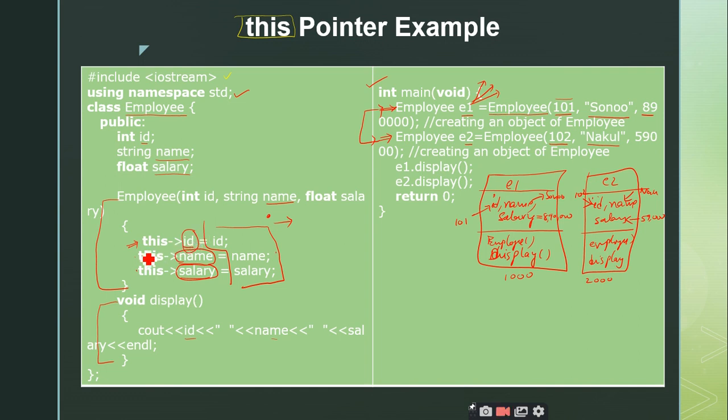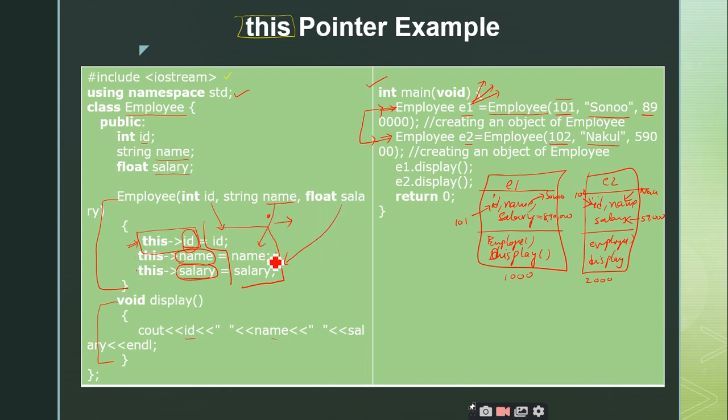So by using the this pointer, which refers to the current object, and the arrow member access operator, I am telling the compiler to treat the left hand side id as the data member of the object which is invoking it. Similarly, name is the data member of the object, and salary is the data member of the object. And the right hand part, without this, is taken from the parameters.